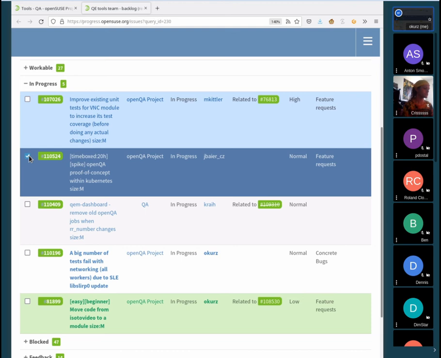But this one is really about something that we within the team have available as a stepping stone, so that in the next step we would be able to provide something like a Helm chart which we can properly maintain as part of the openQA repositories, and not only provide that, but ensure that it's properly tested and such.